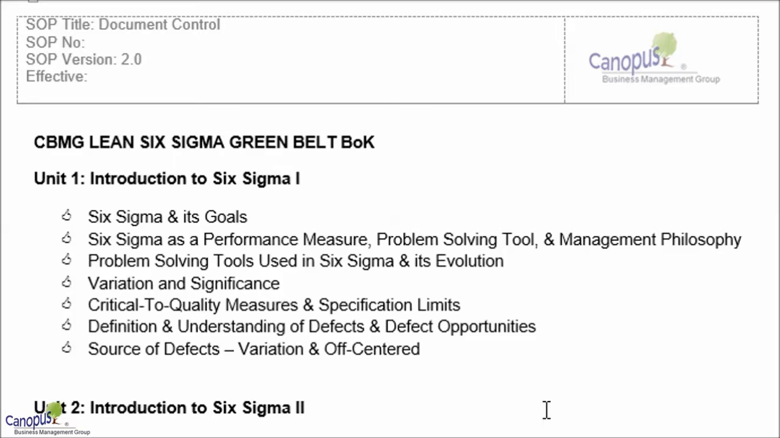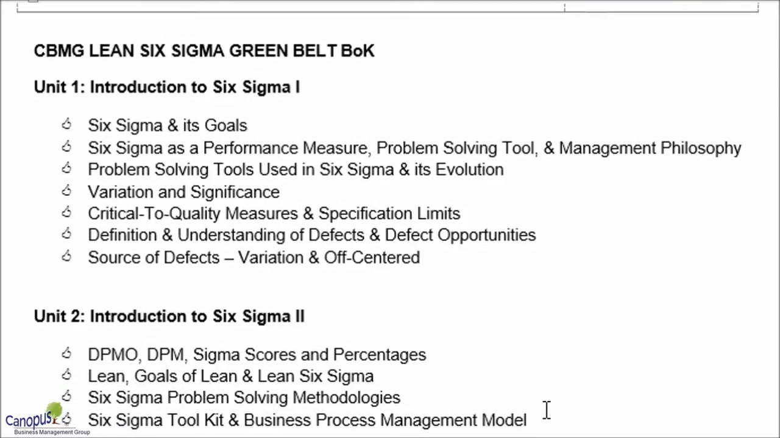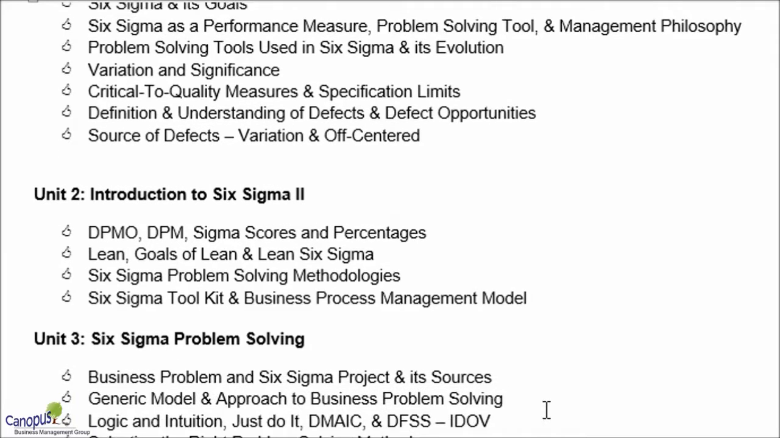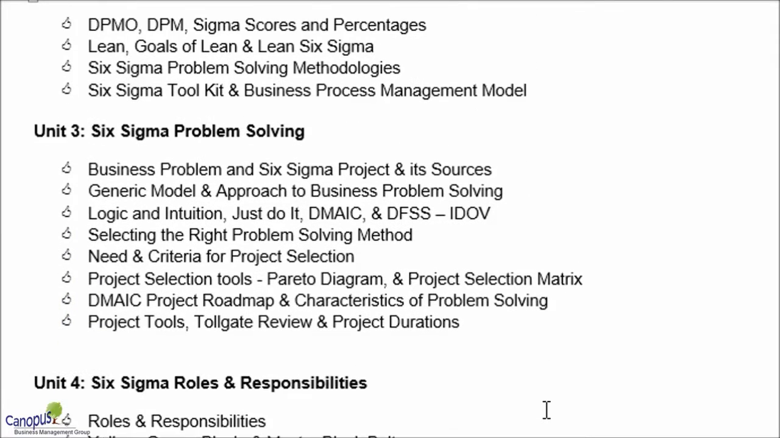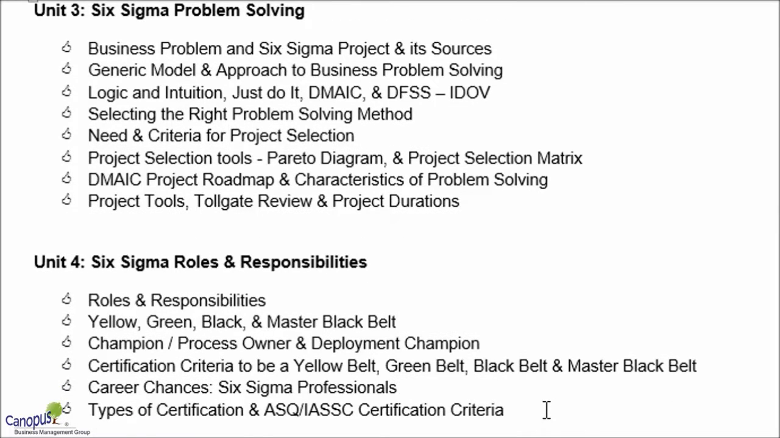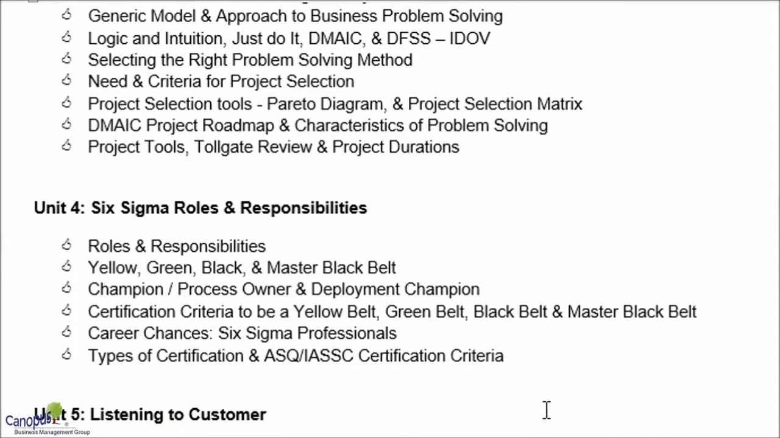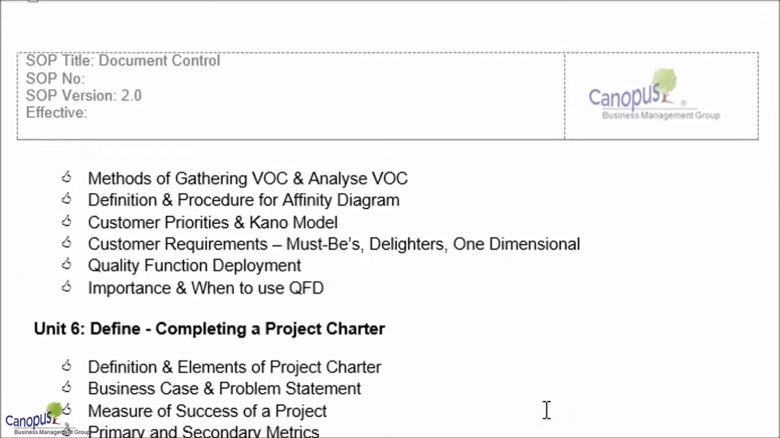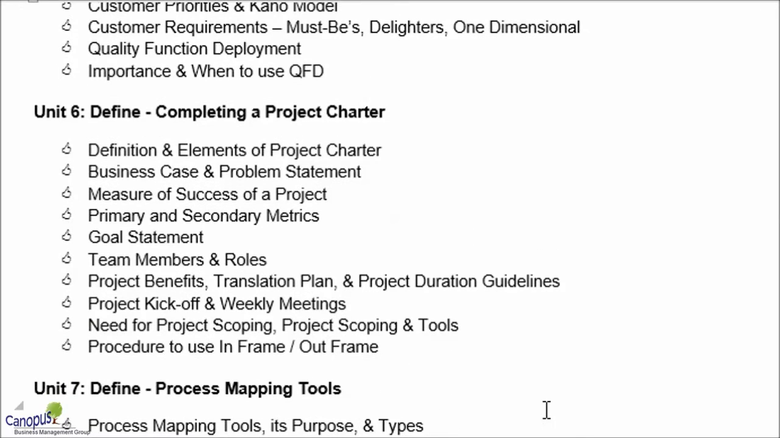This is our Lean Six Sigma body of knowledge, and as I mentioned earlier, we have drawn from both IASSC and ASQ body of knowledge. We talk about introduction to Six Sigma, we cover different metrics, the objective of Six Sigma itself, etc. We talk about problem solving tools, we talk about the various levels, the various belts in Six Sigma, roles and responsibilities. We talk about voice of customer, then we talk about project charter and the various tools associated with project